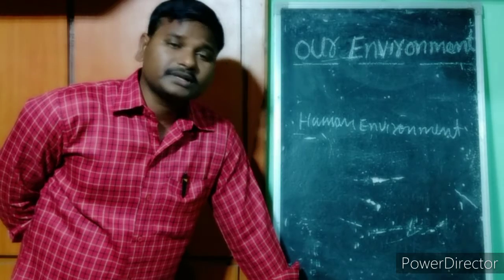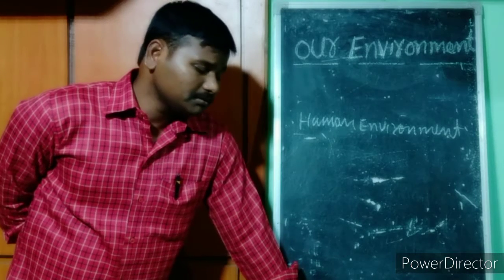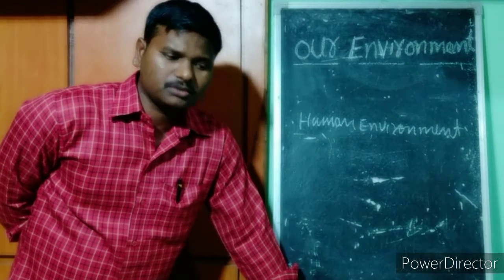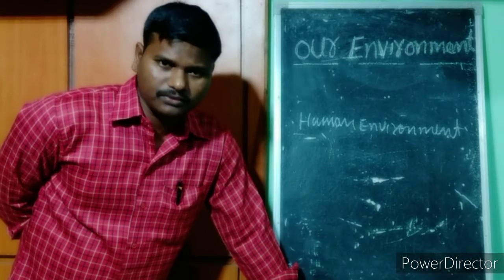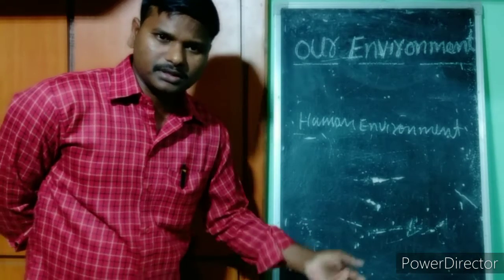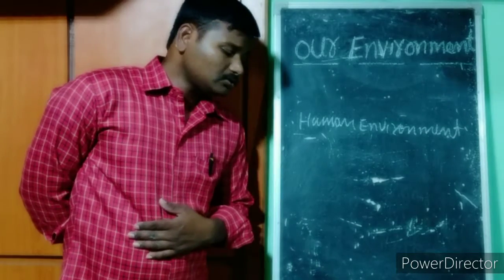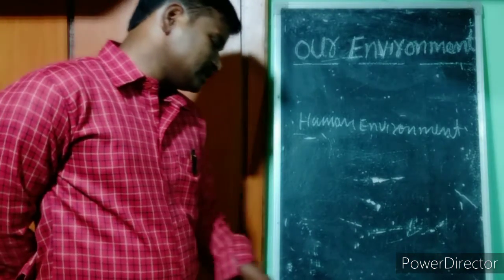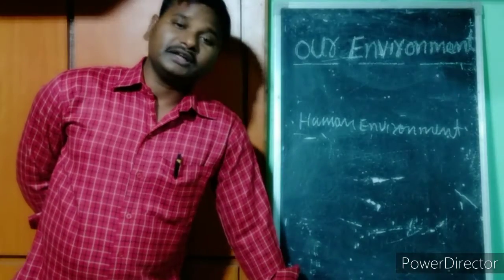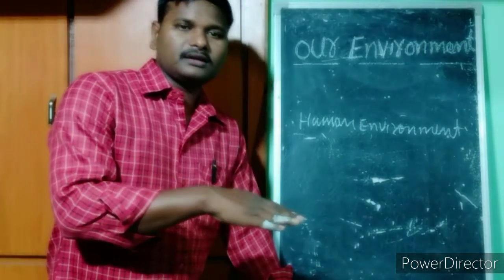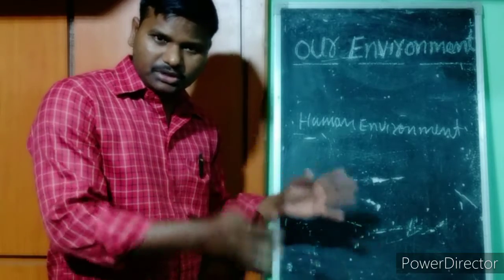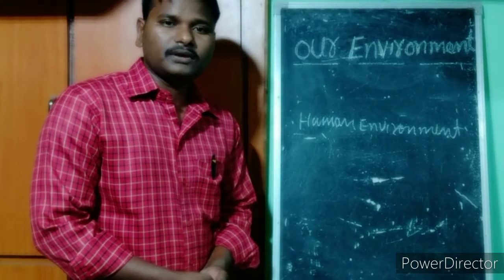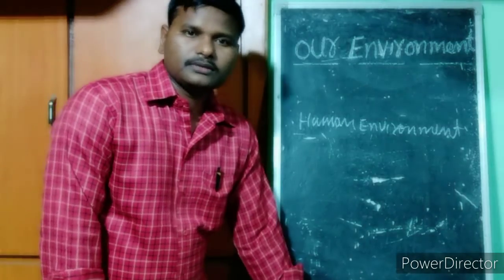So this is affecting the environment, and it should not happen. We must protect the environment. As human beings we have the knowledge that if the environment is good, we will be good. Otherwise, if it is affected, it will automatically affect us. So we have to protect the environment and maintain a healthy balance between humans, environment and nature. The nature must be good, then only we are able to live properly. So this is about the lesson of our environment, and next we will start a new lesson.